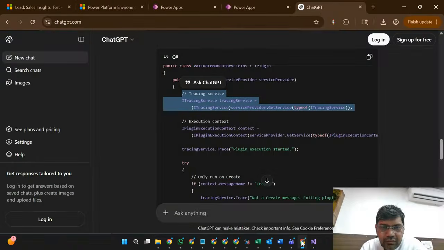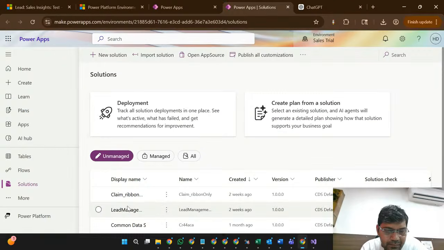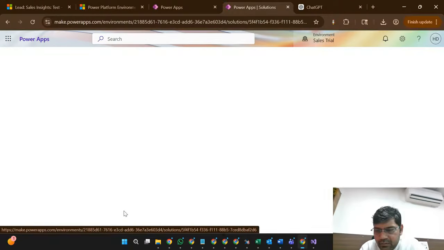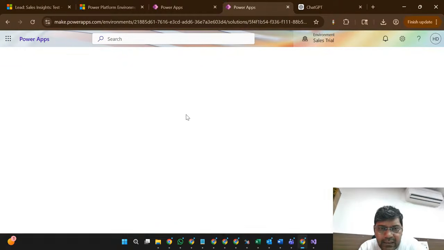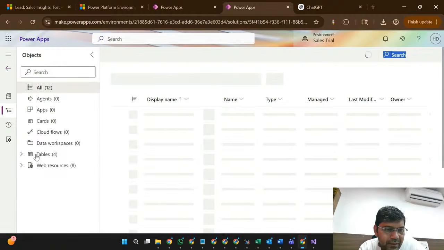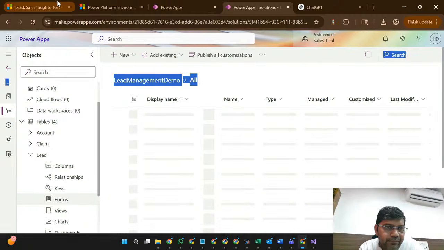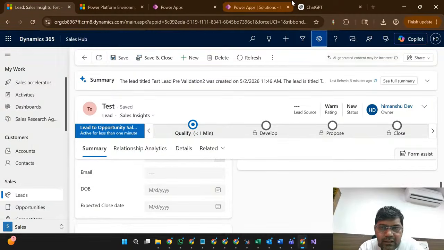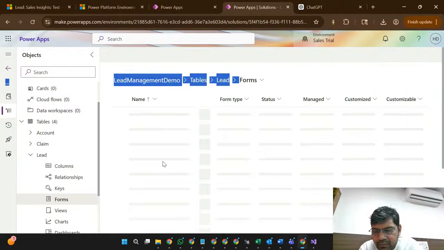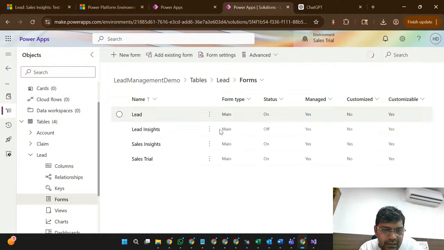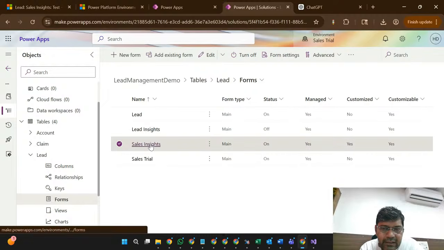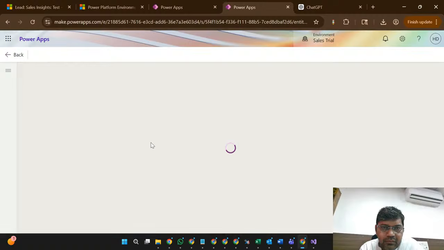Okay, so let's check that code where it is. Let's remove our JavaScript code. Okay, so we are over the time here. Maybe once you have time, you can go through more into this, sales insight, and we can debug maybe from Monday. So sales insight on load, let's remove that JavaScript function.